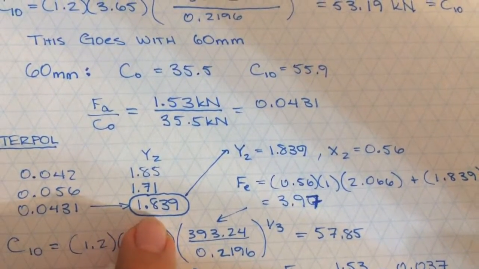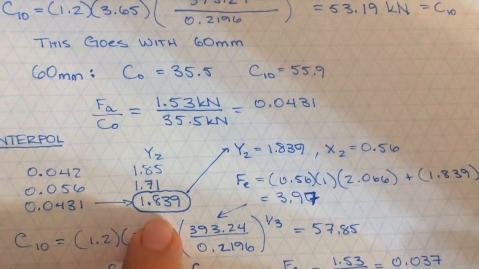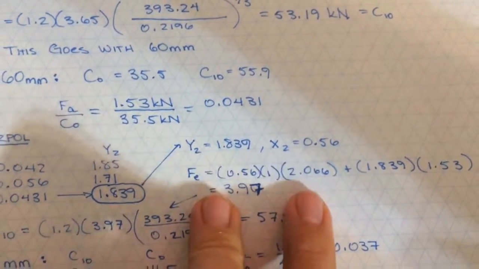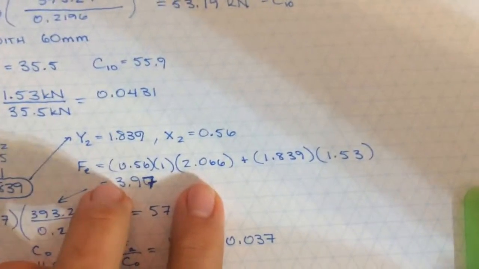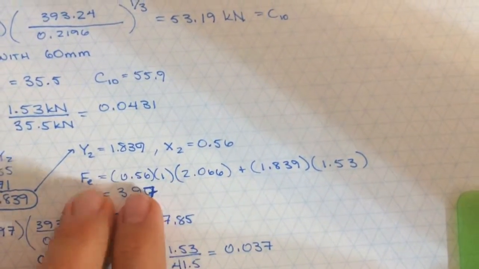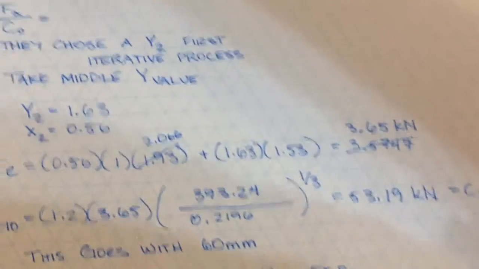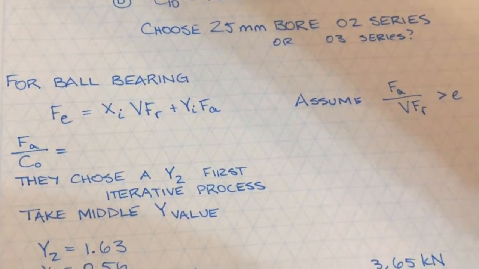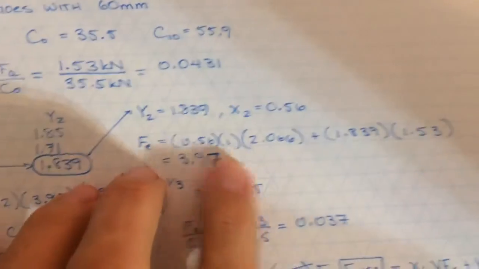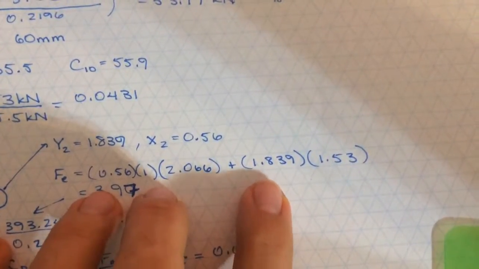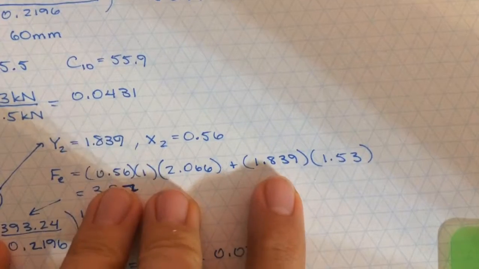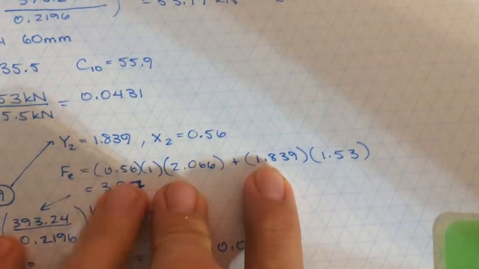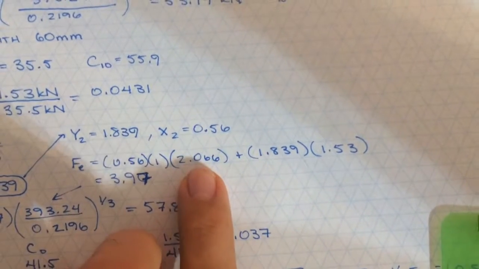to interpolate between these two numbers as 1.839. So that's my y2 value. X2 is always 0.56. The Fe is the effective force again, and so that effective force is from this equation here, XiVFr. V is 1. We assume it's the inner race that's moving, and 1.839, that is going to be, I don't know, 1.53 looks familiar. 1.839 must be, yeah, that's the y, and